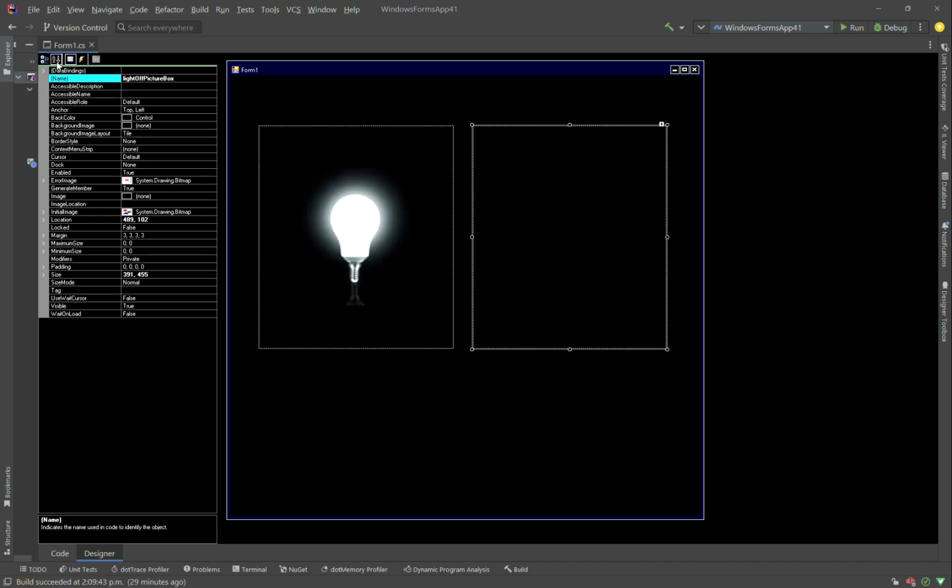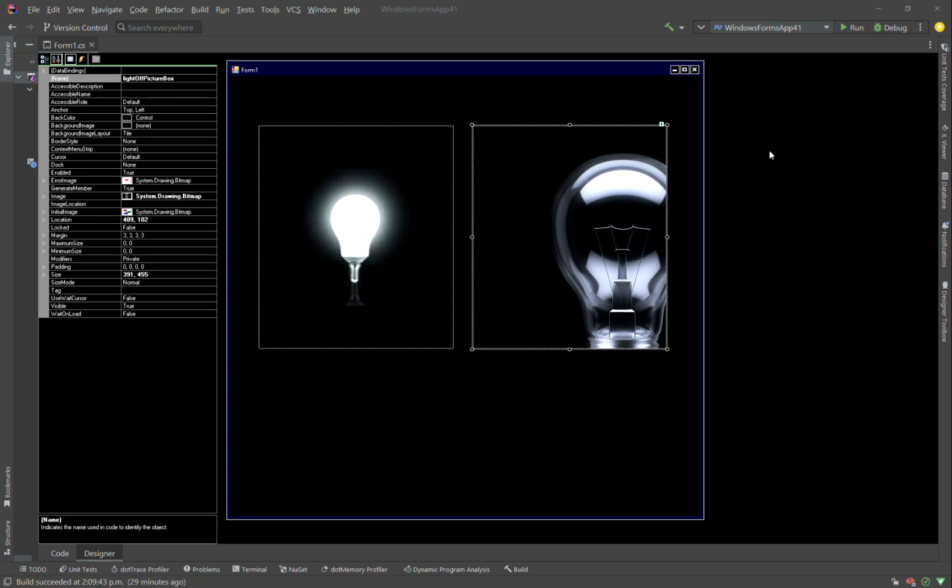Okay, so light off picture box. Then we'll just click the same thing here. I'll click that button. Little tab thing, choose image, import. I'll select the picture. This one's going to be off. I'll hit OK. Go with,